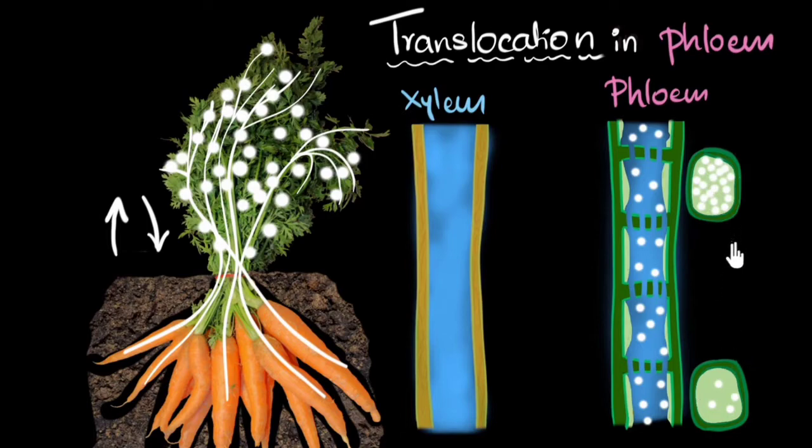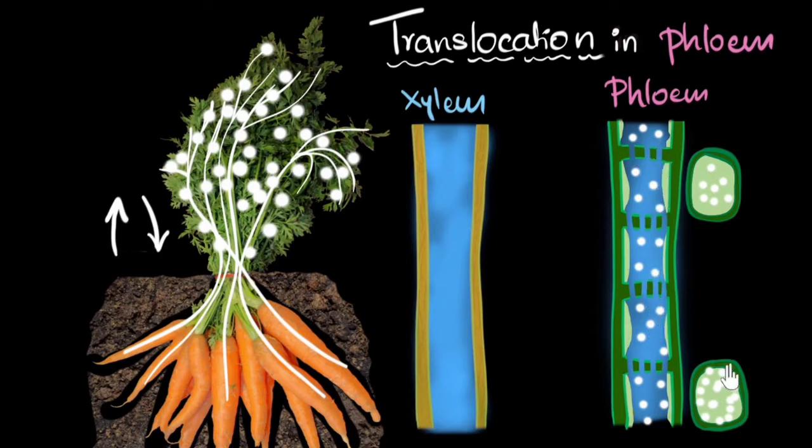Well, you can kind of guess the process. We take some of the sugars, put it into the phloem. Then we make sure it transports through the phloem till here. And then we remove the sugar and put it into this cell. That makes sense, right? But a couple of questions could be, how does the phloem know in which direction to